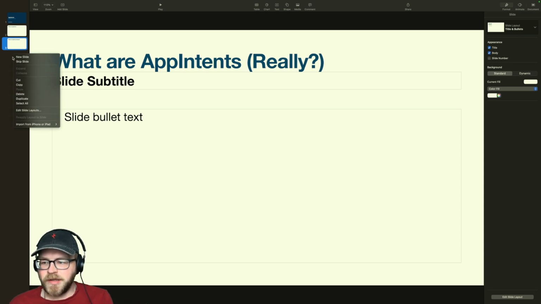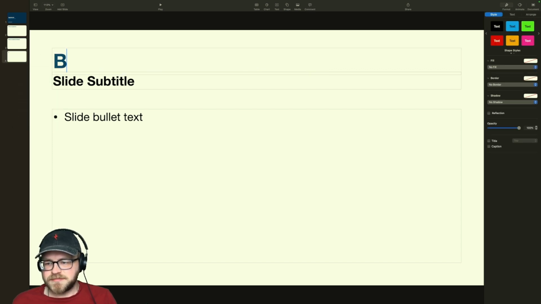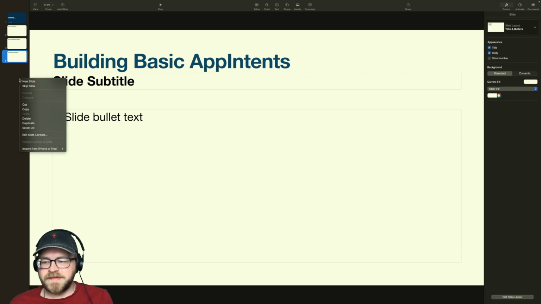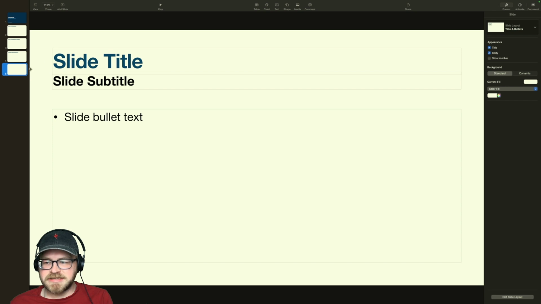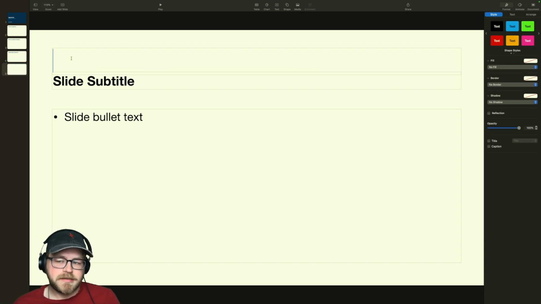And then I think we're going to get into building basic App Intents, and then probably a slide. Okay, so building the basic App Intents, using your App Intent in shortcuts.